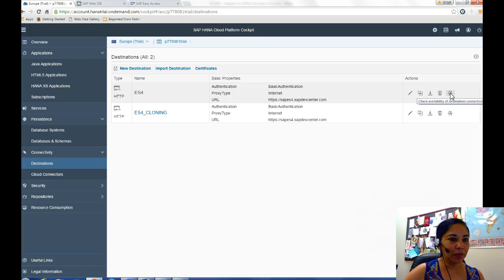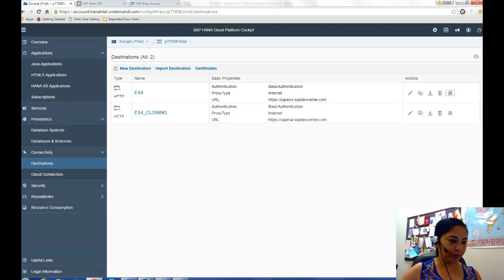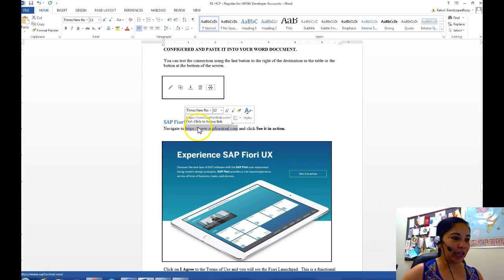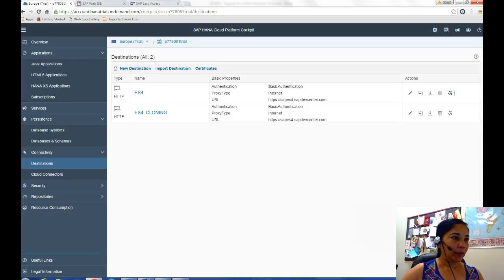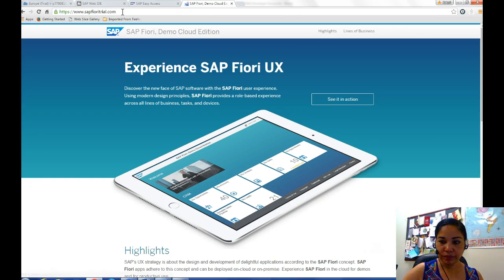So you can see the connection by clicking on here. So you can see success, connection to ES4 is successful. Okay. Now we move on to SAP Fiori Demo Cloud edition. So we have to navigate to SAP Fiori trial and see it in action. So I would click URL, come here, paste it. And if I just click on see it in action,